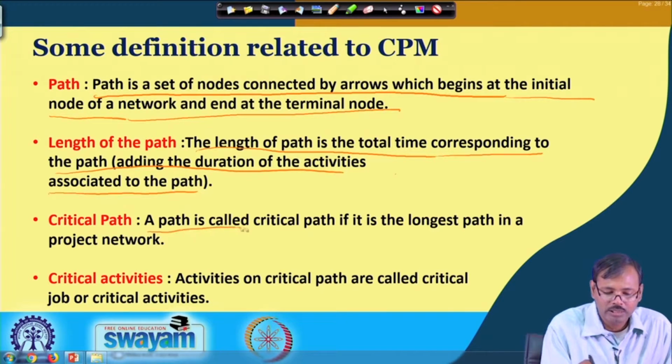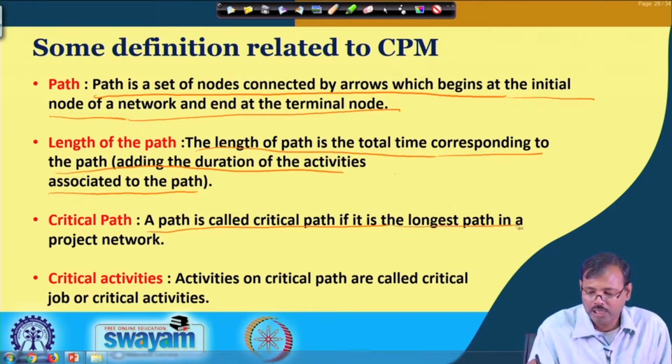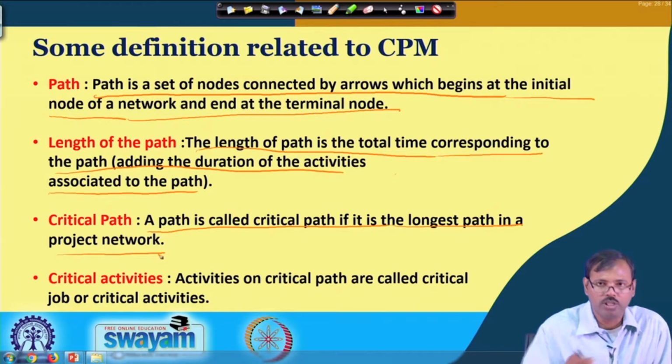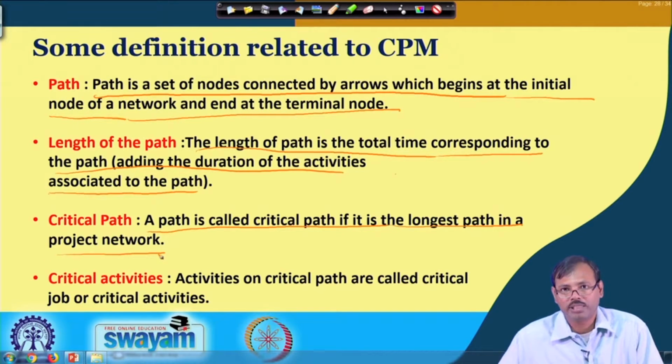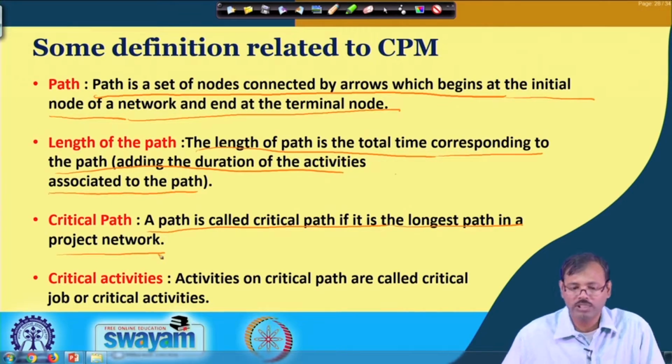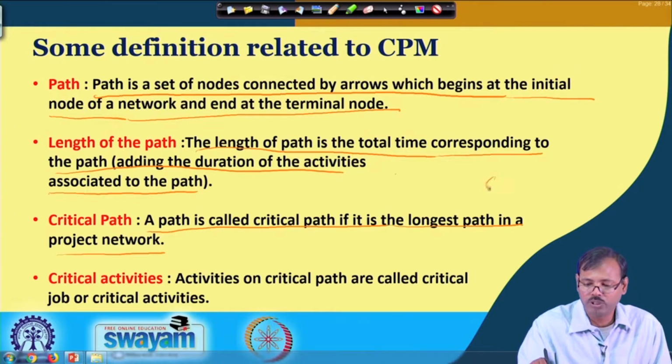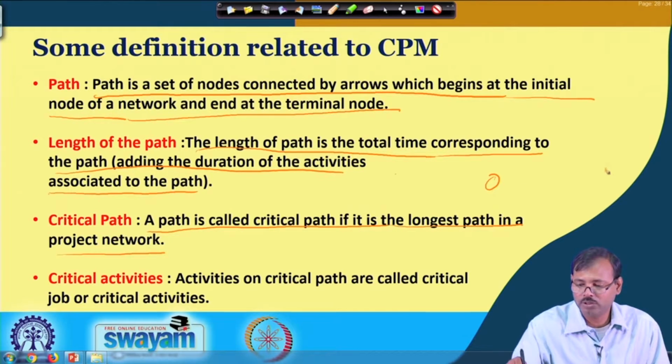Critical path is the longest path in a project network, which takes the maximum time. A project network may have more than one critical path also. That means, in the previous example, if you see from San Francisco to Los Angeles, a person is taking the route from Santa Barbara, another is from Bakersfield. There may be another one, say someone is driving, so they are taking the time for driving.